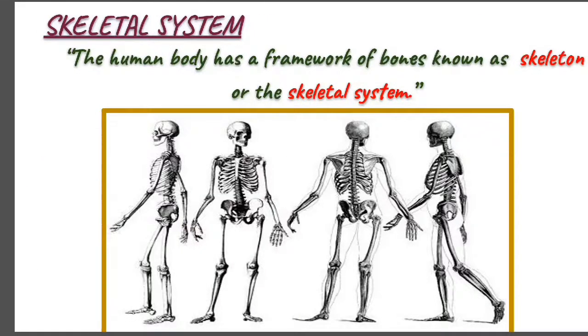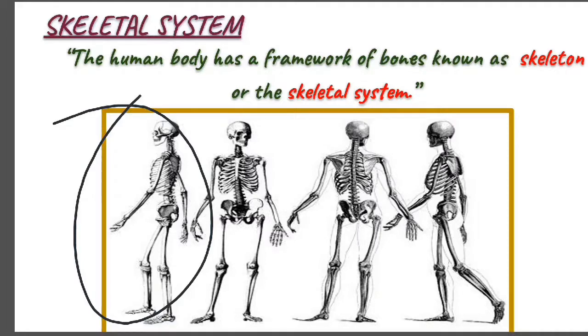So let's begin with our skeletal system. What is the skeletal system? You can have a look at this picture here. Is it looking like a human? Yes, it is looking like a human, but actually it is not, because it is not covered with skin. Our whole body is covered with skin. Here it is actually a human body, but it is not covered with skin. So we can call it just like a frame. Once we cover it, then it becomes a human, but it's only a kind of frame.